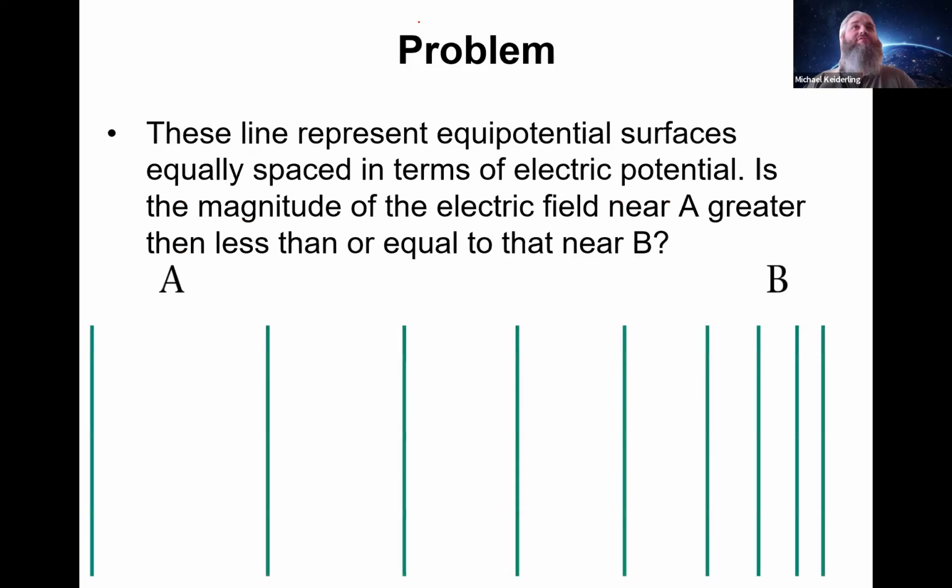So here, these lines represent equipotential surfaces that are equally spaced in electric potential. Is the magnitude of the electric field near A greater than, less than, or equal to that near B? Remember, the electric field is proportional to the change in electric potential. And each of these lines represents the same spacing in electric potential. So let's say this was 0 volts, this would be 1, 2,